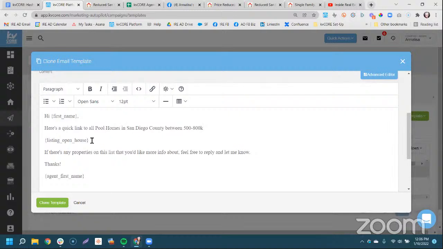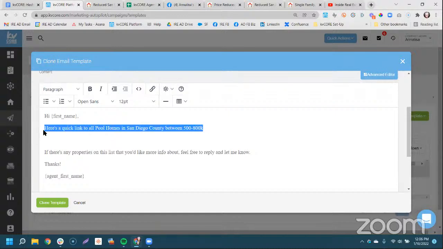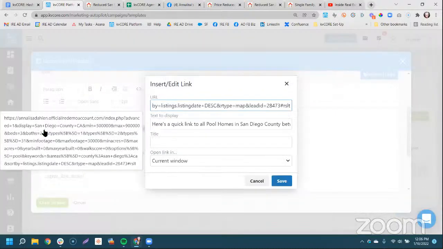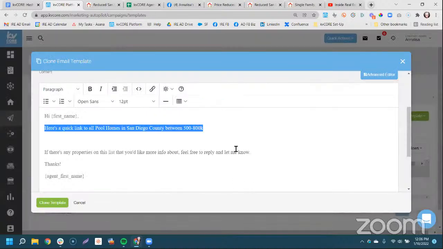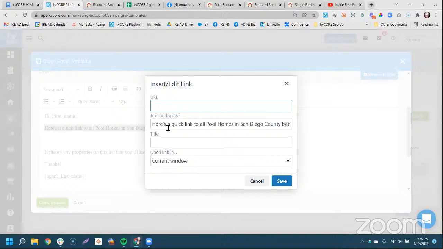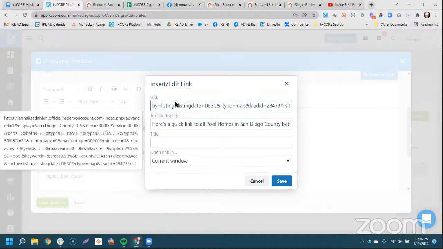And then I always get rid of this little guy, and then I hyperlink this whole sentence, or you can do a click here to get this. But if you use your highlight in the new Control K, that's a little shortcut to embed that link. So then you'll do a Control V to paste in the link.